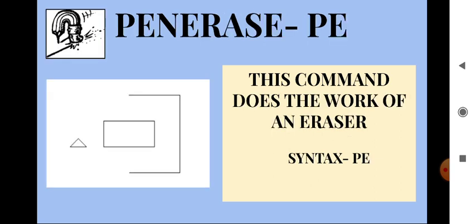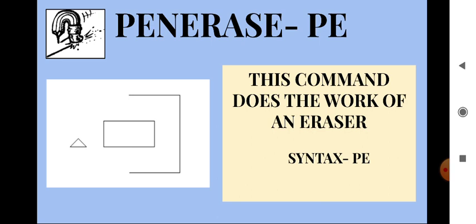Next command we have is PE, for pen erase. Why do we need PE? We need the PE command to erase anything on our screen. This command does the work of an eraser.